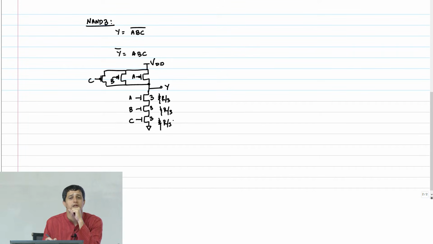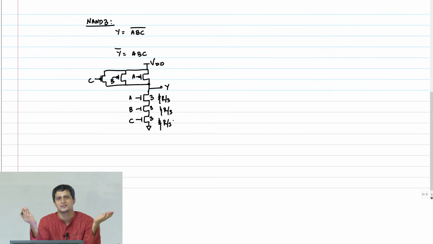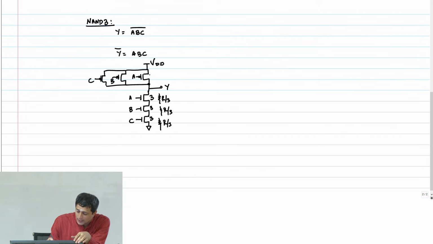What should be the PMOS size? 2, because the worst case pull up path for the PMOS is only one PMOS pulling up. If all the PMOS transistors pull up together, it becomes a parallel combination and the resistance drops, right. So if the resistance drops, there is no problem, delay is getting better, right. So therefore I can keep the PMOS transistors at 2 always, irrespective of the number of inputs to the NAND gate,